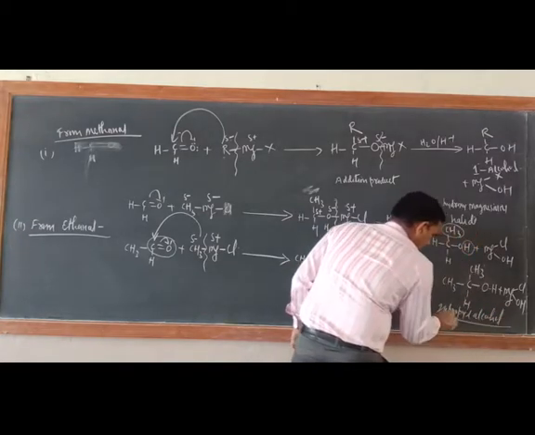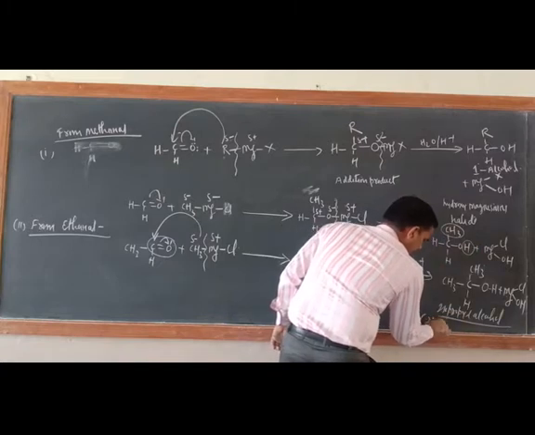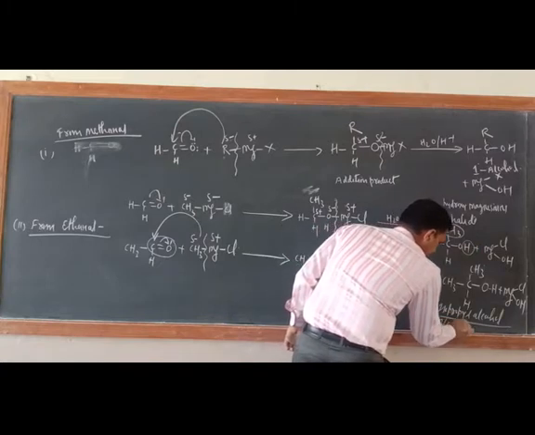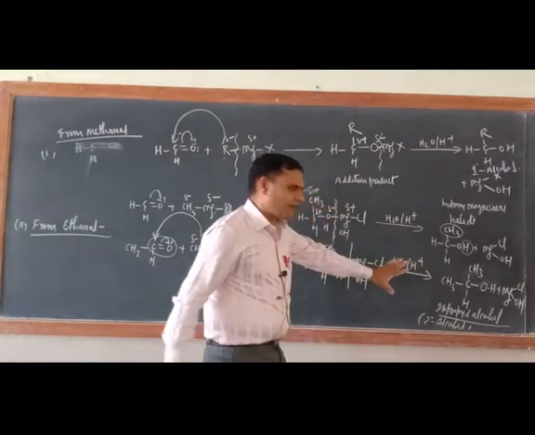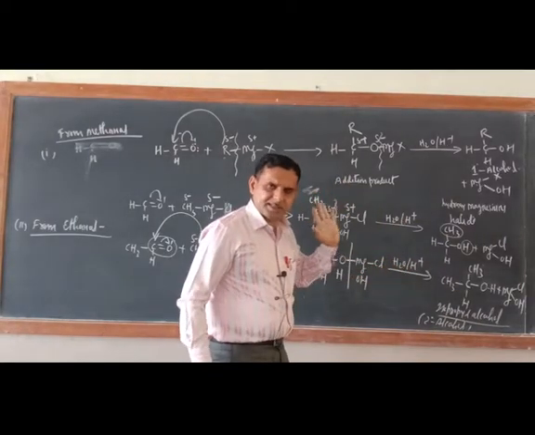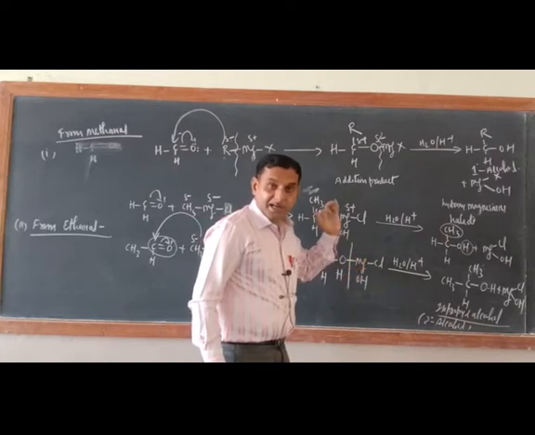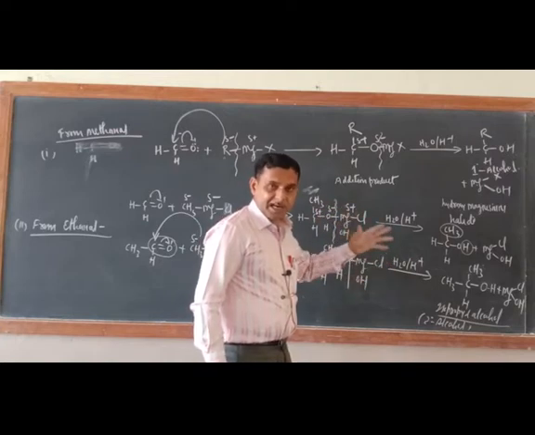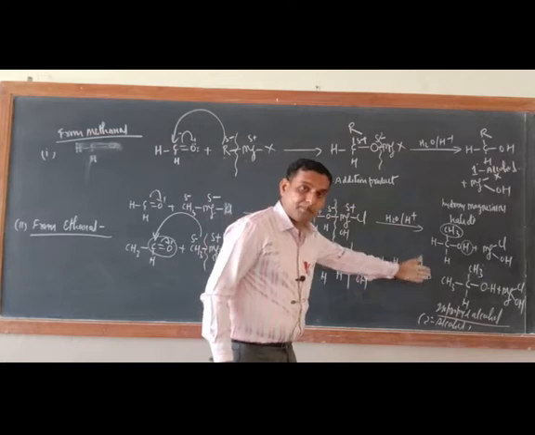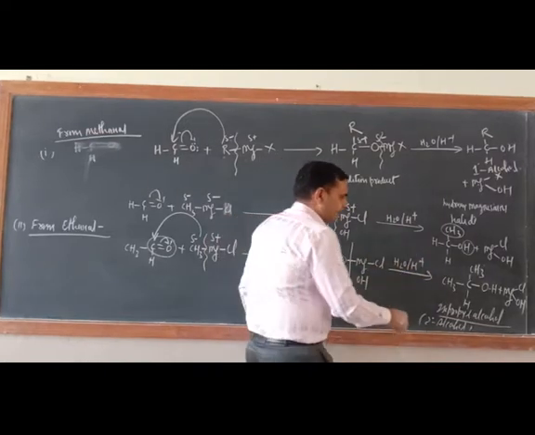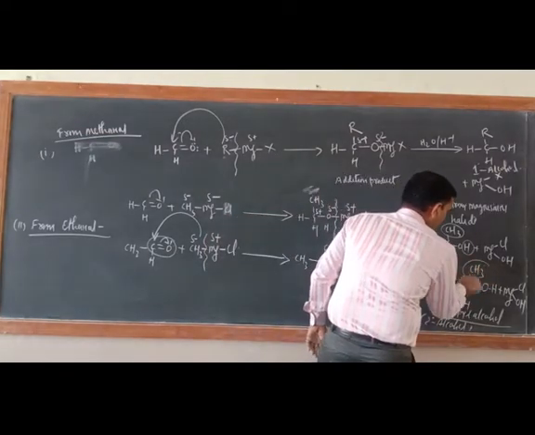Isopropyl alcohol, or this is a 2 degree alcohol. Now just see. Now suppose only the product is given, and they are telling you to identify the Grignard reagent and the carbonyl compound, meaning aldehyde or ketone, from which this compound has been prepared. So from this product, just see, you remove one alkyl group.